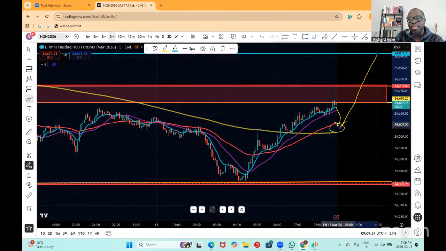However, if we sell and we break below this area, you see where I circled yellow, then we'll come all the way down here, right? Then you can take put options. You can short this to the downside once we clear this yellow area, right? Once we clear here, you can get a short to the downside. So that's for the